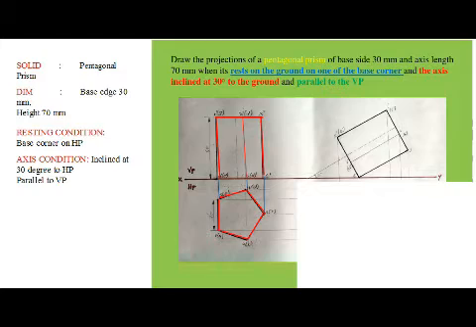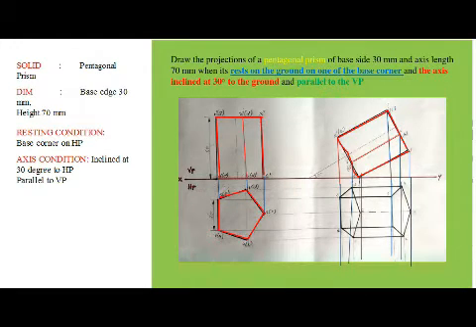Measure this distance. If the axis is inclined at 30 degrees, automatically this base edge will be inclined at 60 degrees. So measure this height. Now we have tilted the front view, keeping the corner on the XY line, which means that the corner lies on HP. Now from all the corners, draw the vertical projector. Similarly, from the first stage top view, we draw the horizontal projector from all the corners. Construct the front and top view of the second stage.